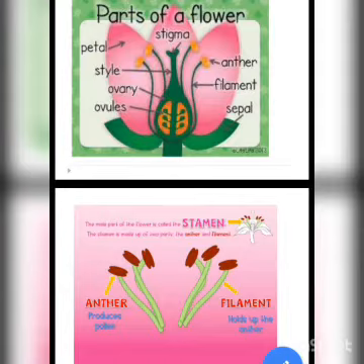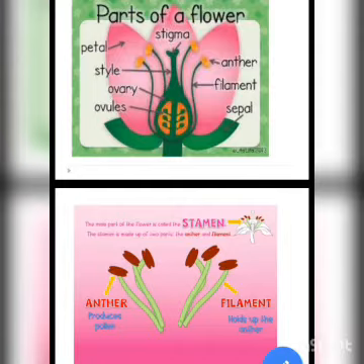Stamen is the male part of a flower, and it is the male reproductive part that is responsible for reproduction. The stamen is made up of two parts. Number one, anther, that contains the pollen, and second one is the filament that holds up the anther. Okay, so this is all about the stamen.